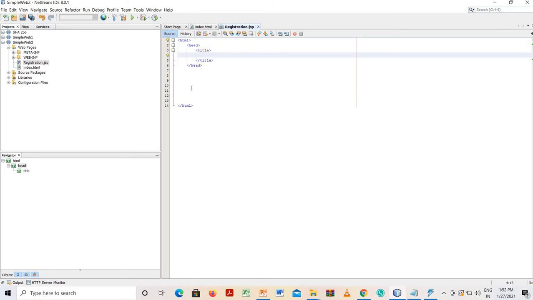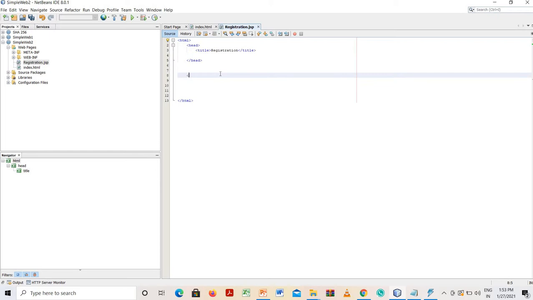So in the title tag I will write registration. Okay. So HTML, head, title, head tag end.